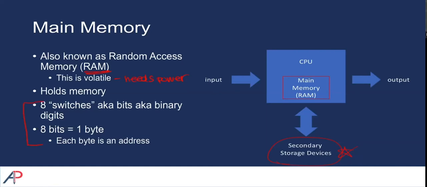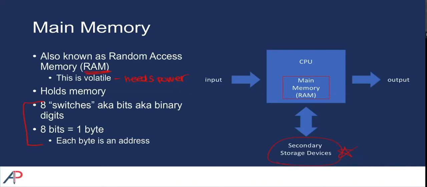So that's the reason why when your computer stops running, or when you unplug your computer, or when there's no power source, you should not have any files saved on the main memory. They should be in the secondary storage devices. That is where you can continue to access. That is non-volatile, because even if you were to take out the power from your laptop or your computer, it'll